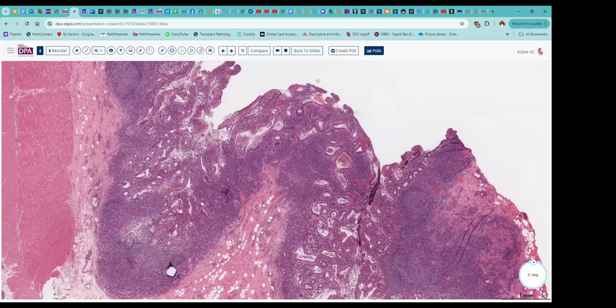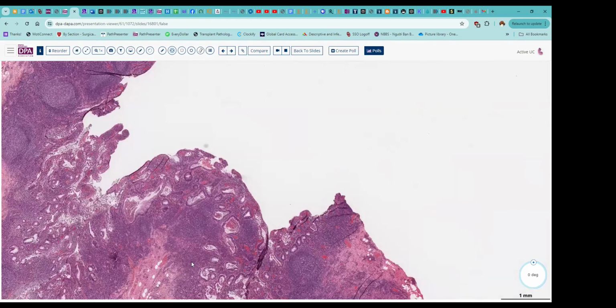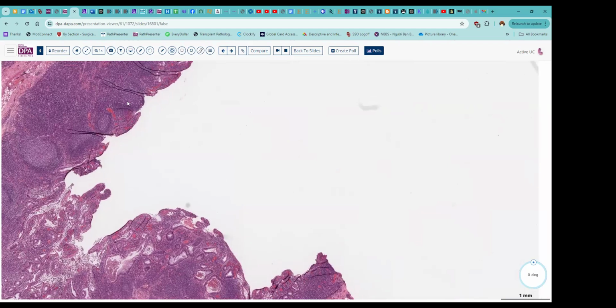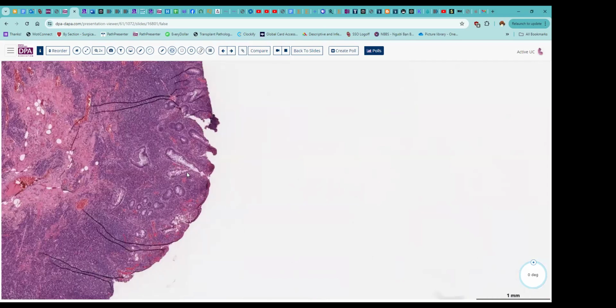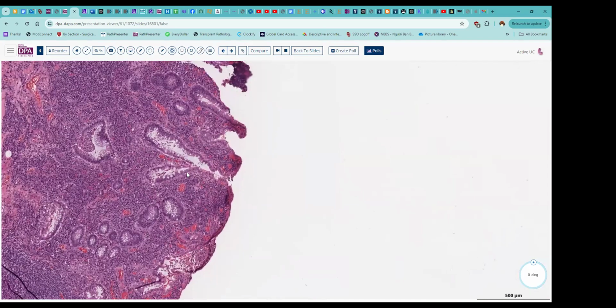But there are certainly cases where you can get refluxing backwash, as it's called, back into the terminal ileum that can cause a degree of damage in the ileum. And so clinically, this was felt